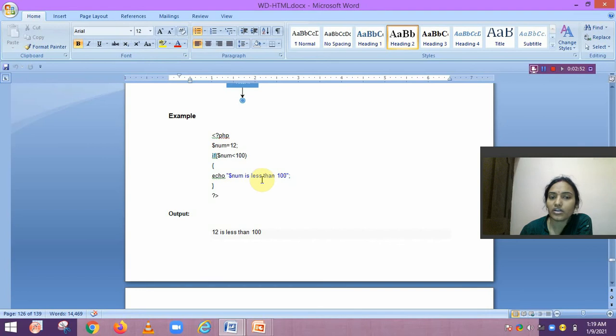Only this statement is printed. So we write echo $num is less than 100, then curly brace close, then the PHP ending tag also closes. After that we will run this. It will show you the output: 12 is less than 100.